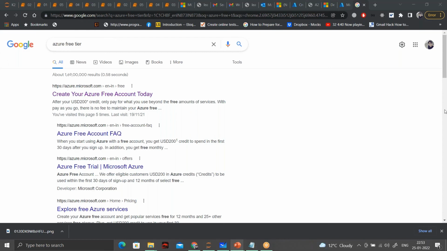Okay, to answer Junaid's question, there are different redundancy levels. The difference between those redundancy levels is, if you go for locally redundant storage, LRS, your data will be maintained in a single data center only.